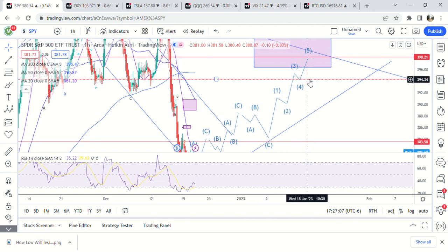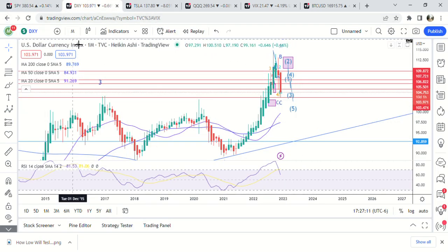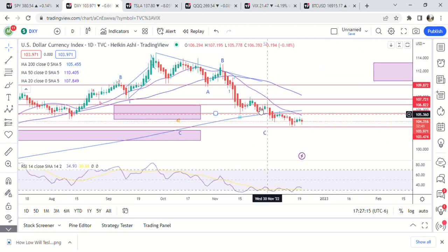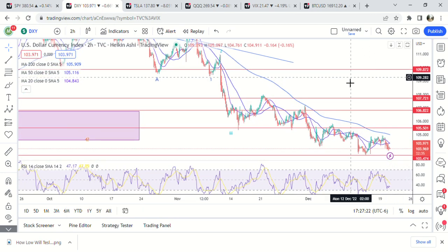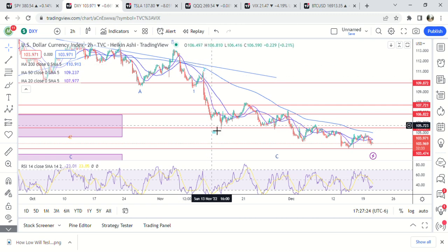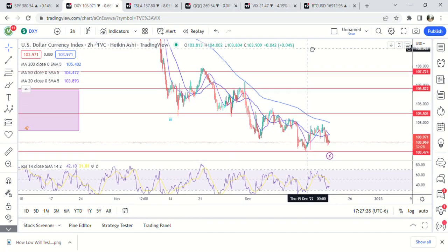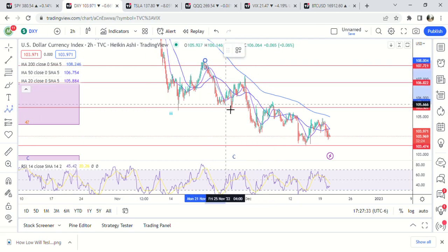50% retracement at 394.48. The dollar is putting in a weird pattern. I'm going to wait for it to move the next couple of days to really go over the chart. Right now, it just looks like it could be a nested wave 5. So we have 1, 2, 3, 4 right here. And then within that, maybe we're looking at 1, 2,